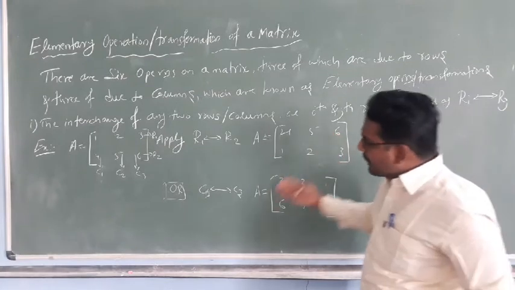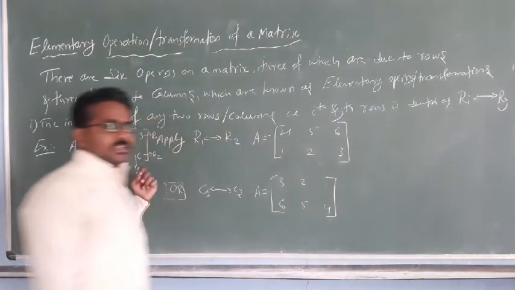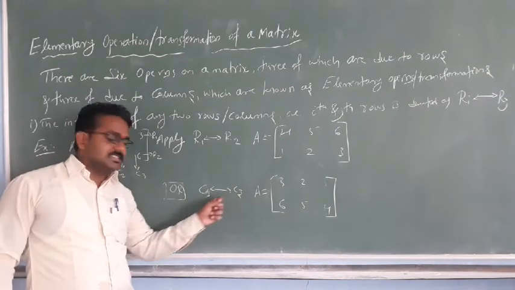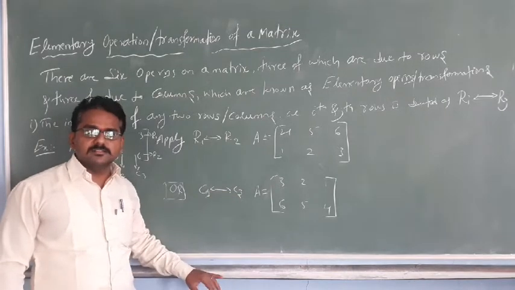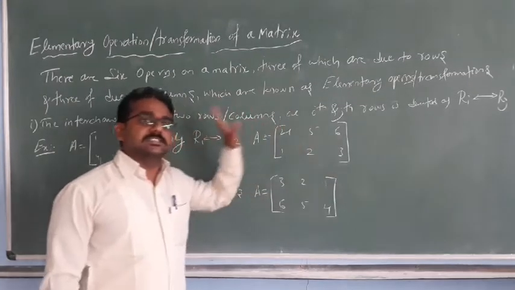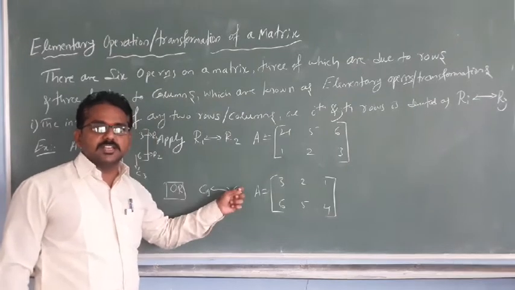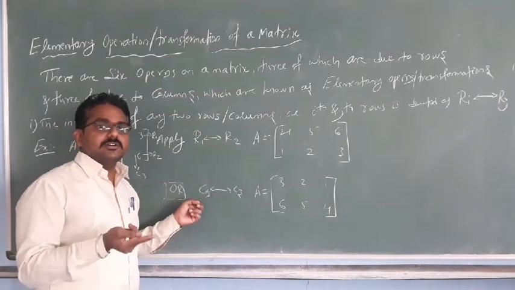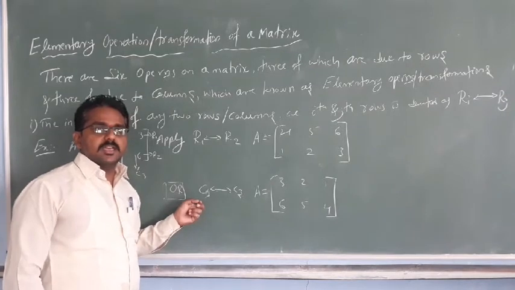Or else we can apply the column transformation also. There are 3 columns, C1, C2, C3. What I did: C1 changes to C3 and C3 changes to C1, vice versa. If I say C1 changes to C3, then C1 will get vacant. So I have to transfer C3 to C1. If you transfer C1 to C3, the C3 elements must be present in C1. You transfer the columns. Got the point?